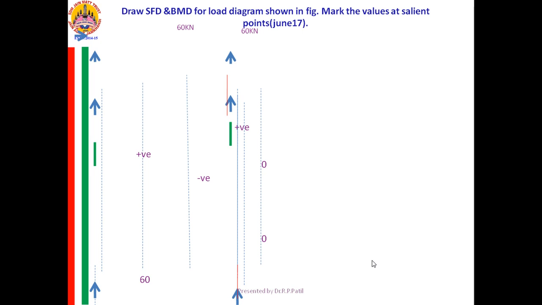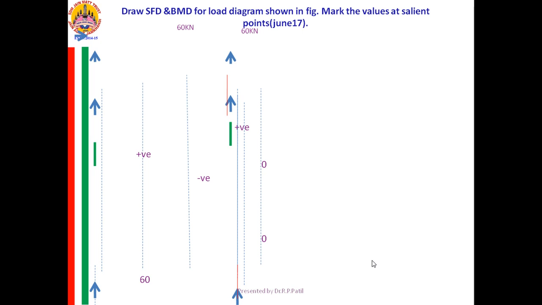The point where the SF changes its sign, that is the point of zero shear. The point where the BM changes its sign is called the point of contraflexure. The point where the bending moment becomes maximum, BM max. These are the important points in the